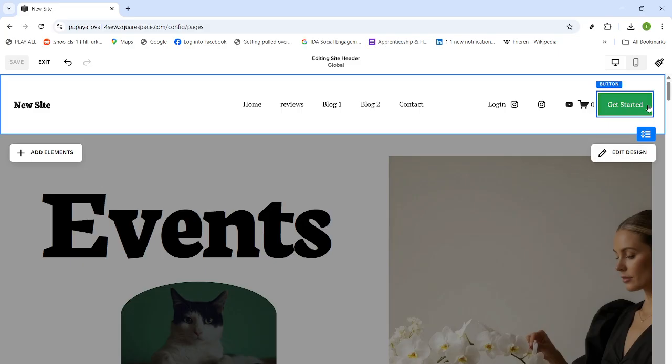That's it. You've added a clean, effective call-to-action button to your Squarespace main navigation. Keep the label concise, link it to your most important action, and you'll guide